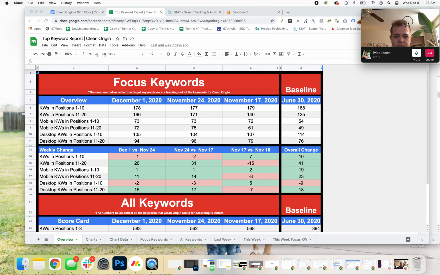So for this, what we're going to be doing, like I said, is we're updating this focus keyword report. To do it, we're going to use two reports. We're going to use a report we download from Stat, as well as a report from Ahrefs. Okay. And I'm going to share my screen